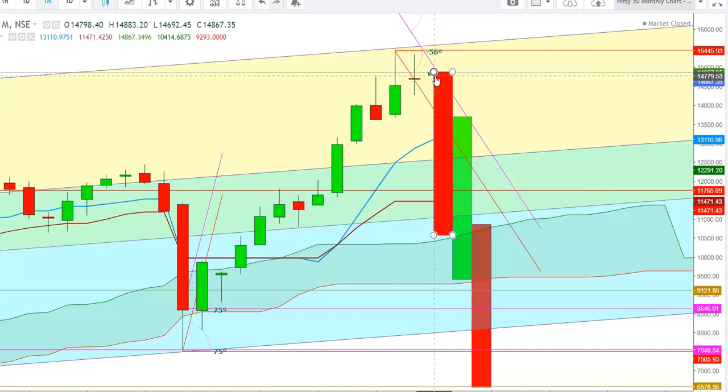Here you can see how the Nifty has started the month of April, where I find that the Nifty could start a sharp downward move where the major support will be at the 9 days moving average, which is currently at the levels of 13,110, and the second support will be at the levels of 12,595, and the next support will be at the levels of 14,742, and the major support will be at the 26 days moving average, which is at the levels of 11,471, and the next major support will be at the upper end of Ichimoku cloud, which is at the levels of